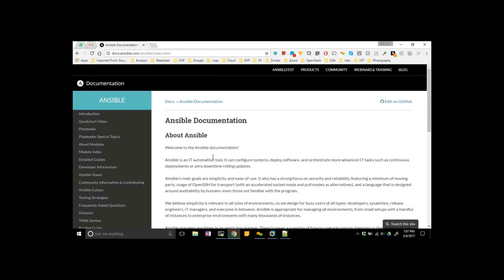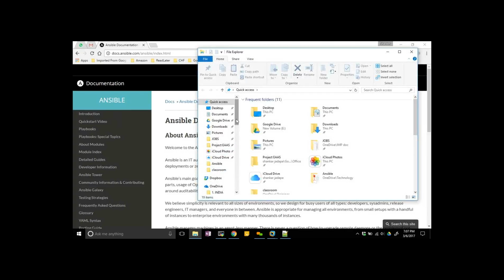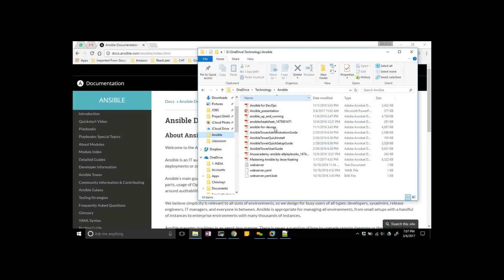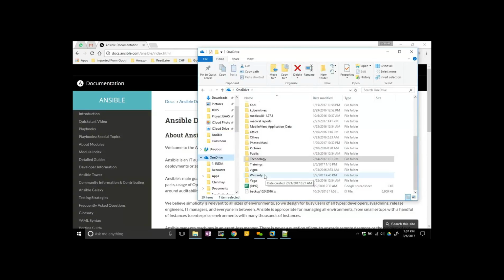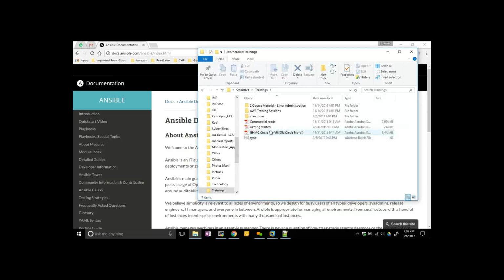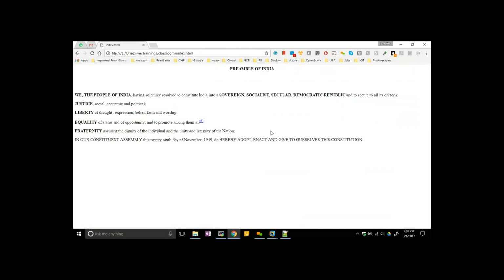The website will look like this; I can show you the home page. The same home page will be displayed in your class Ansible. So this is my web page, and the same page will be displayed.